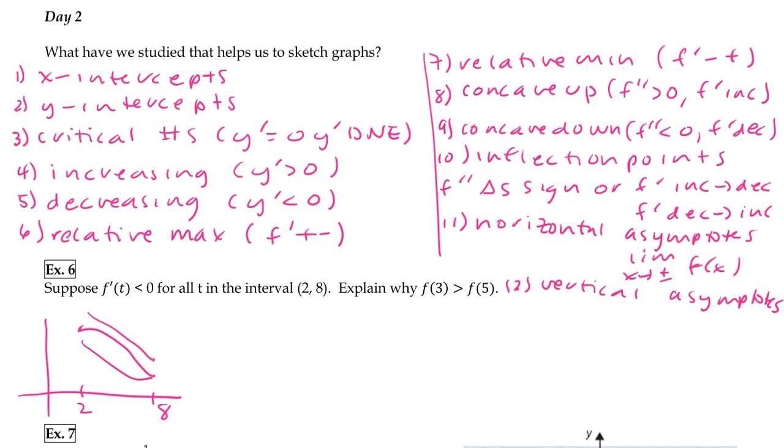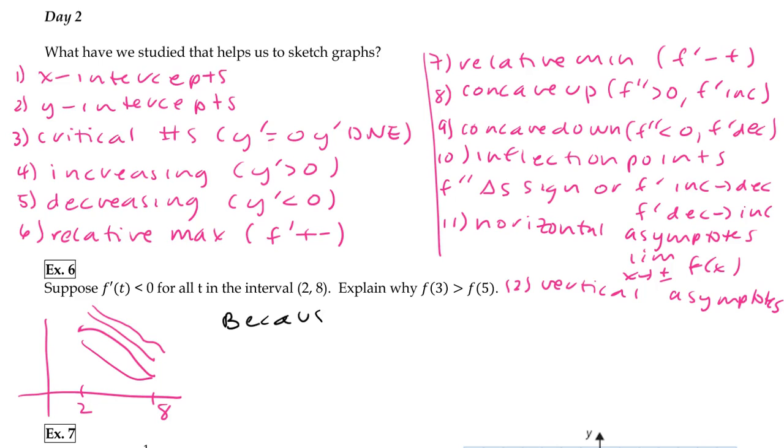It could be linear, right? It could kind of do this. But all I know is that from 2 to 8, f is decreasing. Why does f of 3 have to be bigger than f of 5? Well, looking at this, if f is decreasing, doesn't that mean any value after f of 2 will be less than f of 2? So couldn't I say right here,